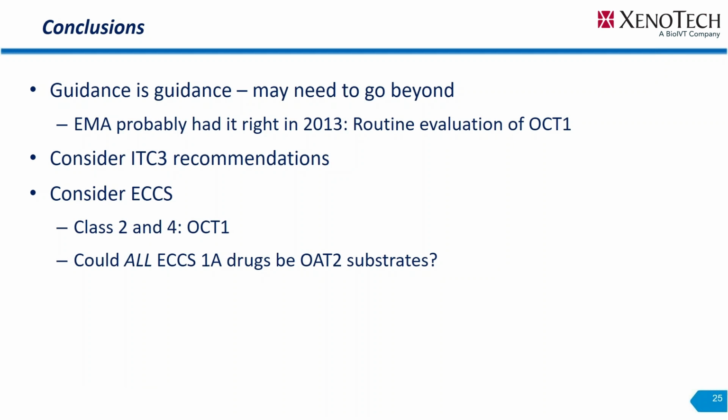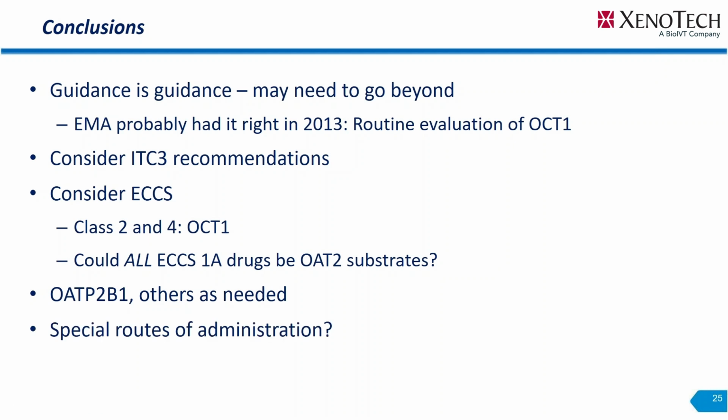As I said before, it depends on what the evidence shows and what your program may have, disconnects between the in vitro and in vivo as you go further in development. And then for special routes of administration, basically know the transporters in those tissues. Sometimes you really have to dig for this information. It may come down to even basic studies, even just looking at the tissue. If you know that this is something unusual, it may be that if you have unexplained results,